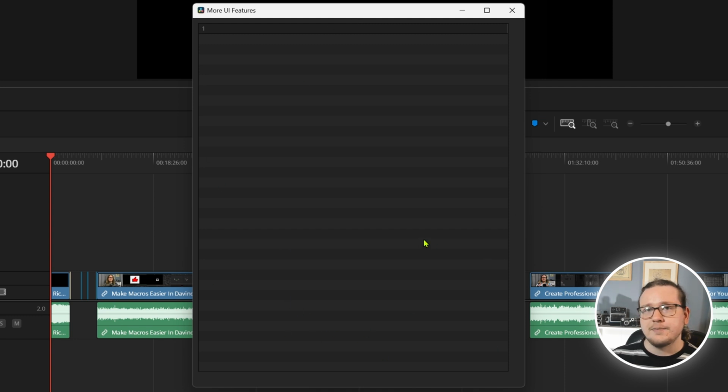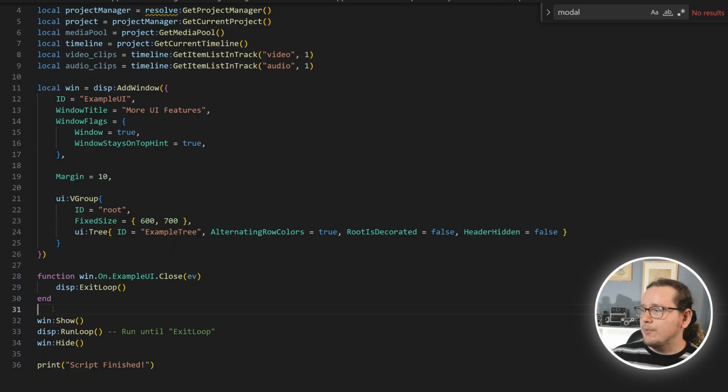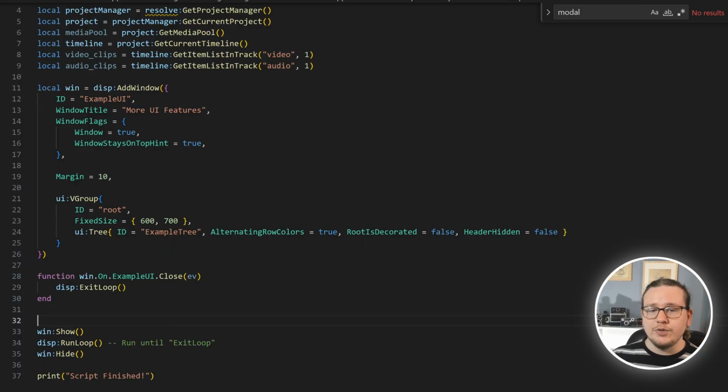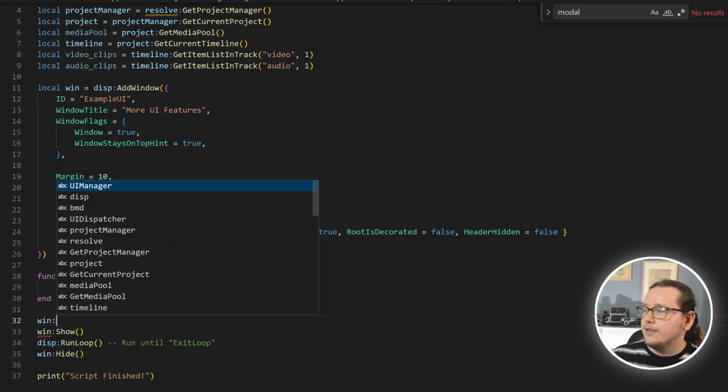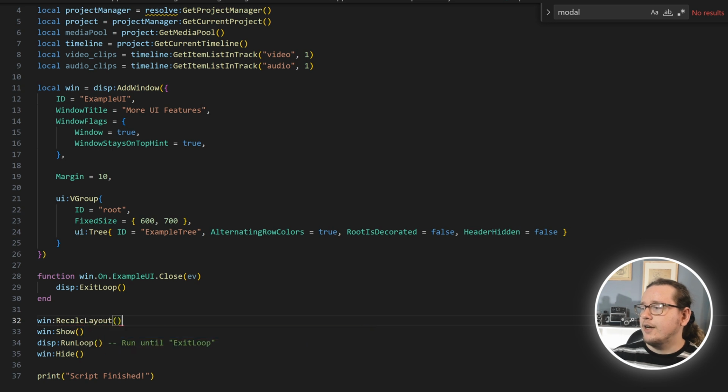We can also see, though, that it's drifted down some. You may be asking, why is that? And also, why are there these weird gaps? Let's take a look at something else. If we come in here right before we have it showing, if we just type in win recalc layout and then make that a function, that's going to, as it states, recalculate the layout and just see, okay, has anything changed from initiation, or are there weird things going on like fixed size? If so,